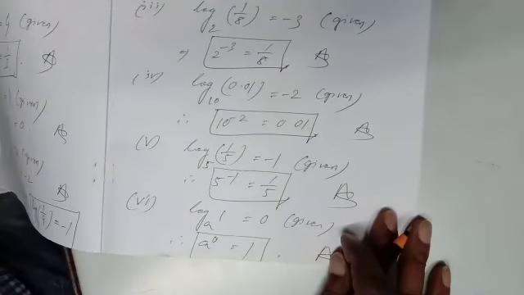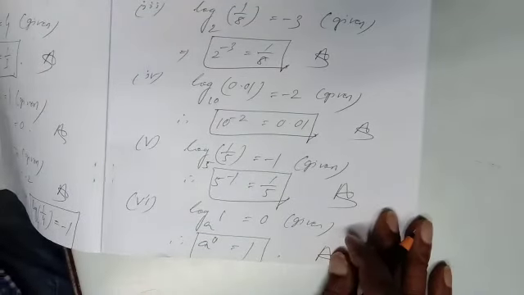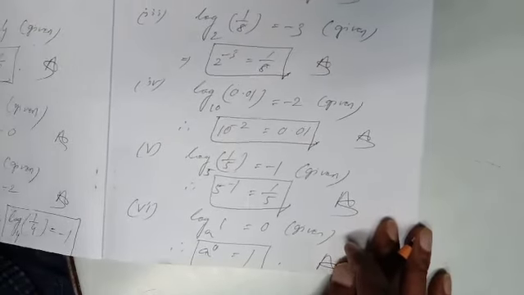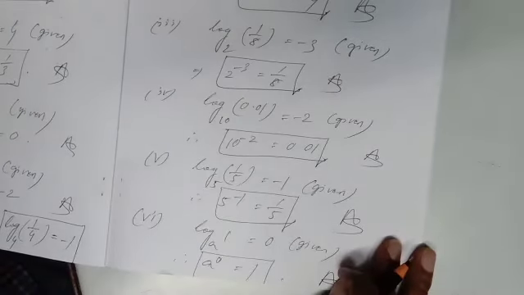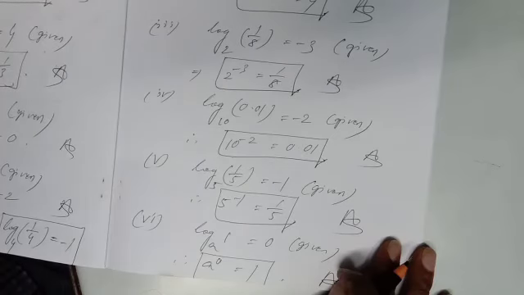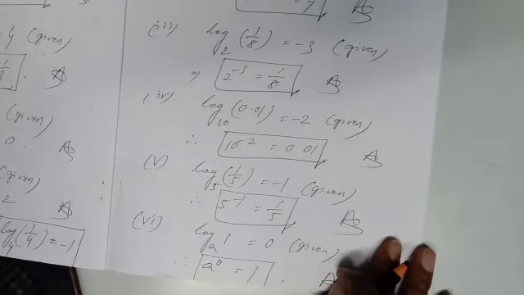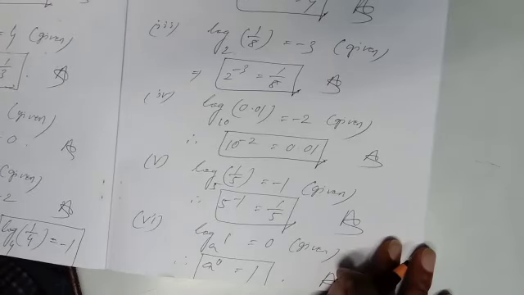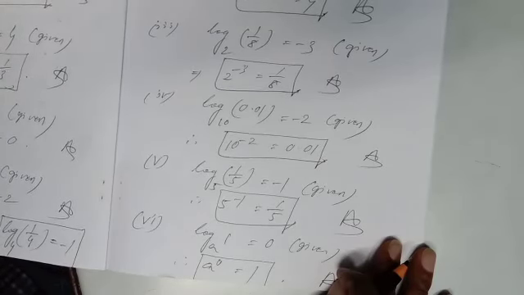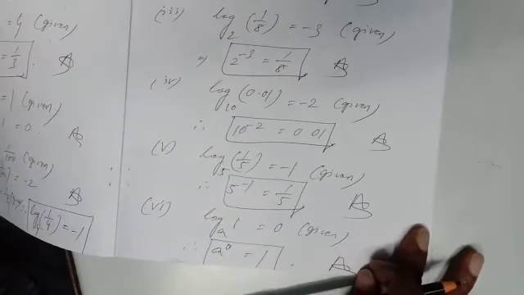Today, in this way, I have completed a total of 12 questions. In number 1, exponential form was given and you have to convert to logarithm form, and in number 2, logarithm form was given and you have to write in exponential form. This is the basic concept of the logarithm chapter. For revision, I am doing all the parts of number 1 and all the parts of number 2 from the book R.S. Agarwal. Thank you for today's class. Next I will continue this chapter.